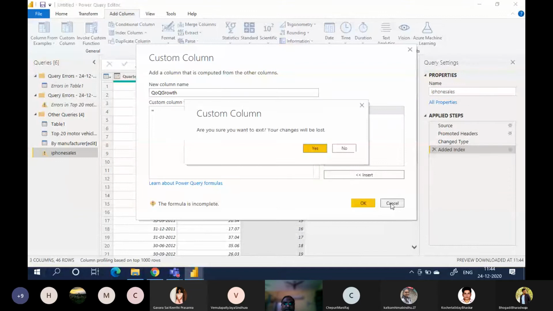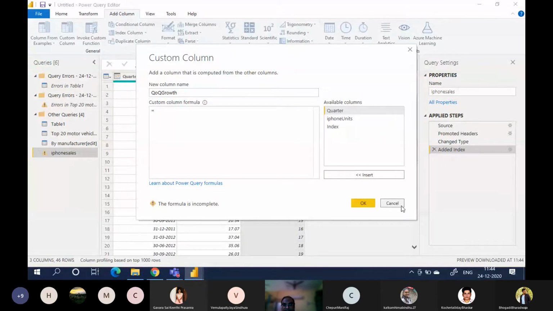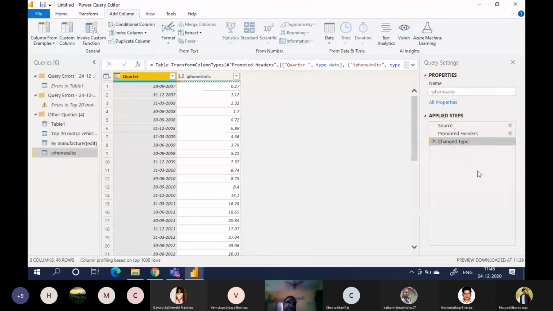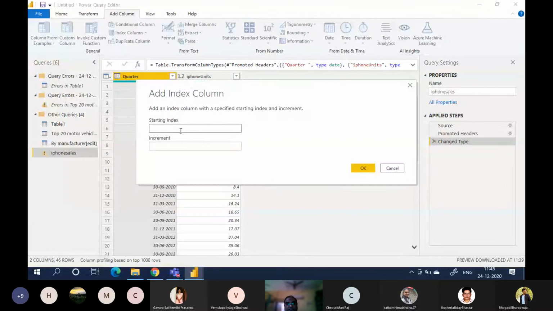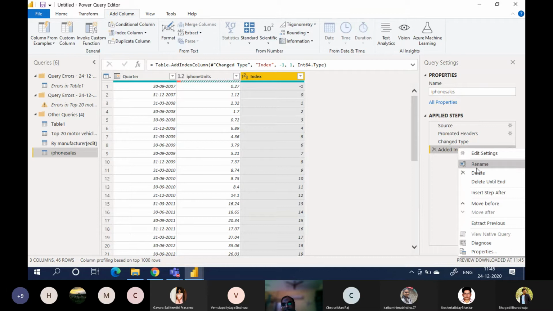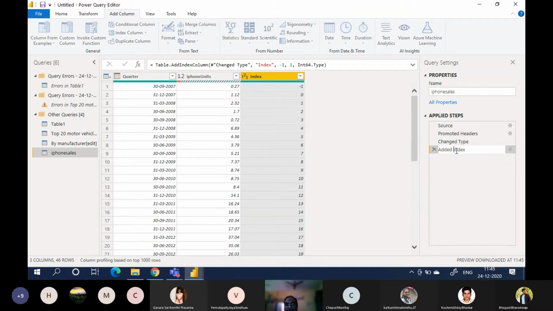Sorry, before that, you have to remove the space in added index. Custom, starting index is -1, increment is 1. Click OK. Right click, rename, and remove the space in added index.